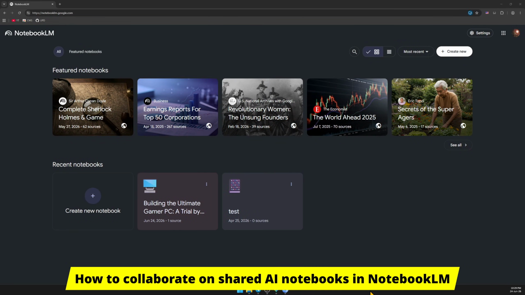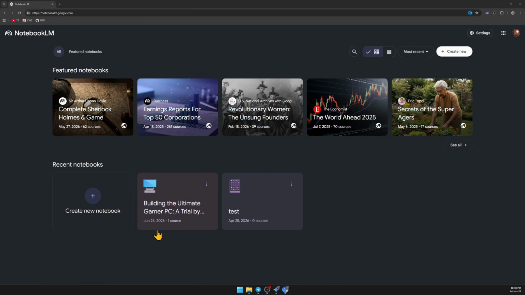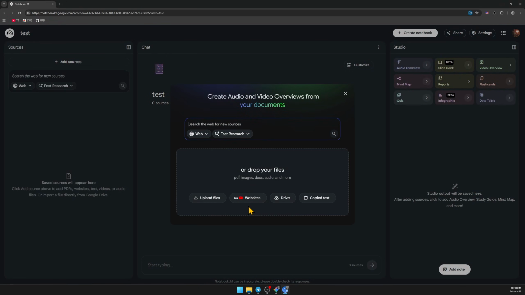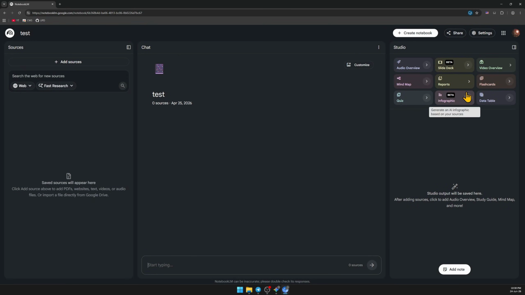In this one, I'm showing you how to collaborate on shared AI notebooks in NotebookLM. So as always, open up your active project, say this one. The interface organizes everything into a horizontal 3-panel layout. And to invite your team members into this environment, you need to navigate to the top right corner and click